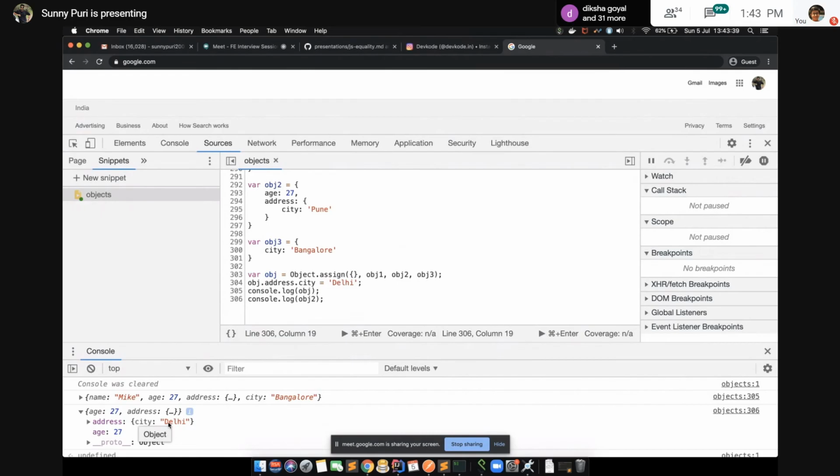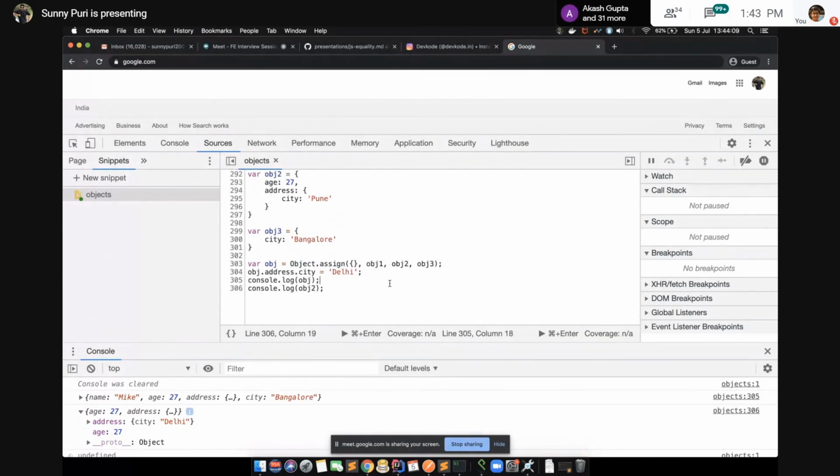So the question is how we can do the deep clone. If I'm taking an interview, after asking all these things, I'll ask: if this is a reference thing, if I'm doing assignment on reference objects, it will do the shallow copy. How will it do that? It will copy the address. Then Object.assign basically does the shallow copy. If I want a deep copy, how can we do it? We'll look at it at the end of the session if we have time.